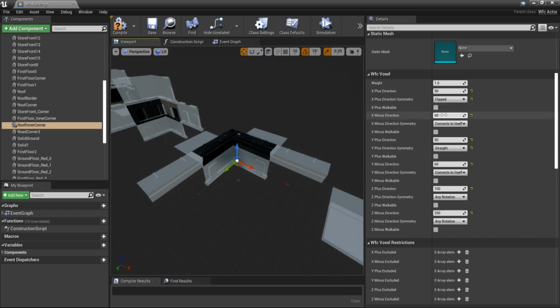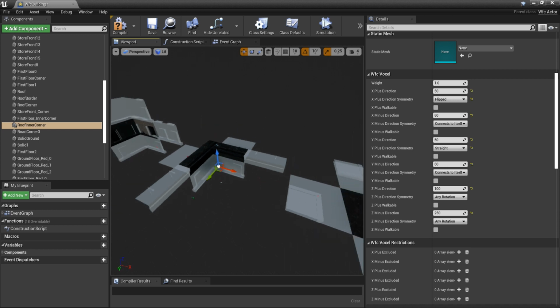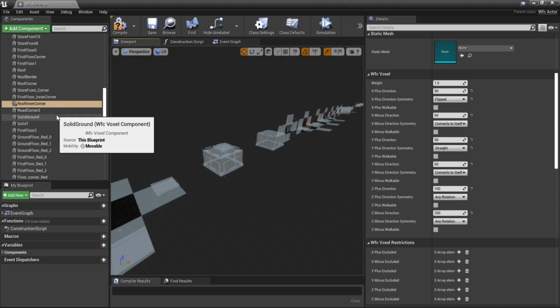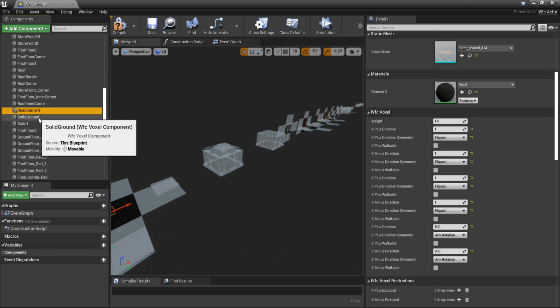So what happened here: 60 connects to the roof, to the flat roof part, 50 connects to the roof borders. They can be found here and here. And we have 250 on the bottom, which is a special connector for the inner corner. So I think I've worked through most of them. There are some special cases,